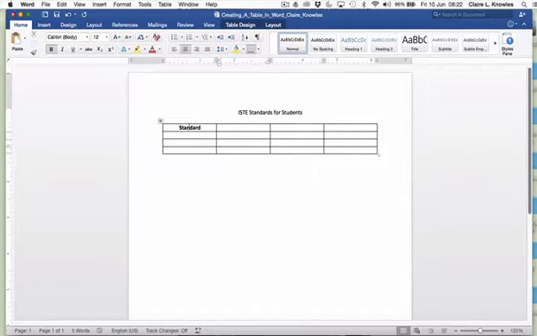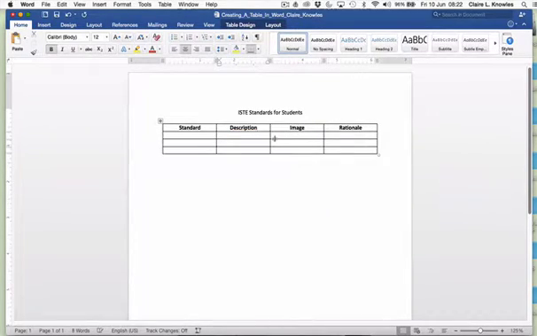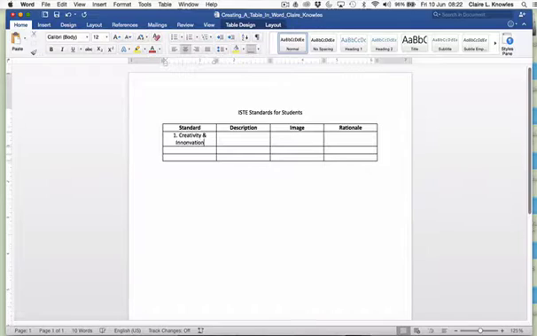To move quickly between cells, you can just use your tab button. So standard, description, tab, then image, and then tab, rationale. I'll just spell that correctly. There we go. Now I'm going to insert the standard. So the first one, I believe, I do not want auto, creativity and innovation. There we go. The description, I grabbed that previously, so I'm going to